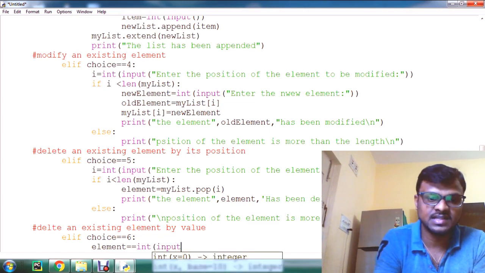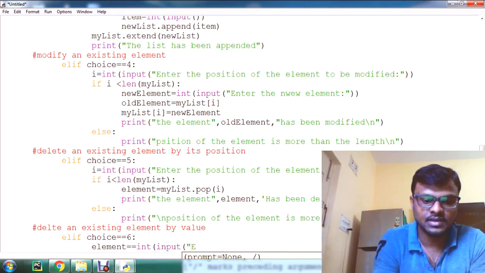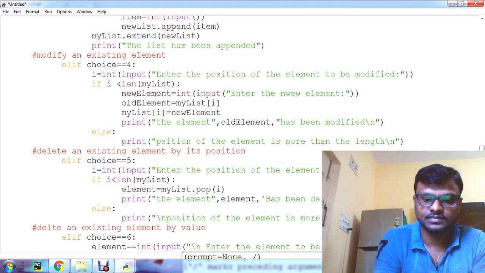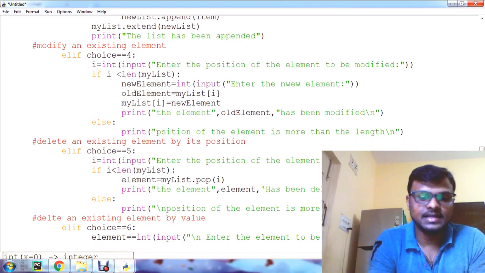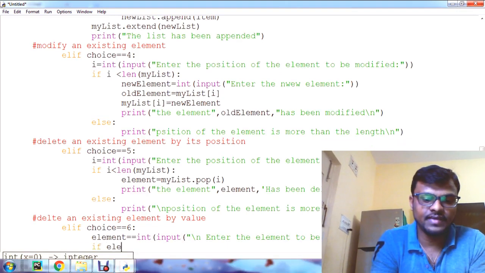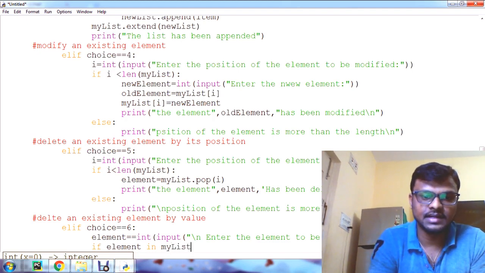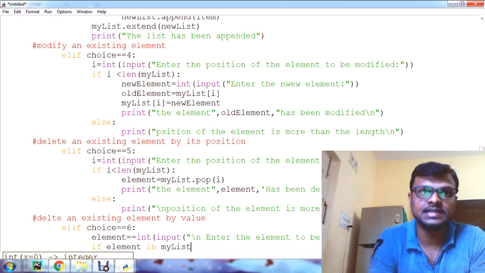Element is equal to int of input: enter the element to be deleted. After this we need to check if element in my list, using the membership operator.